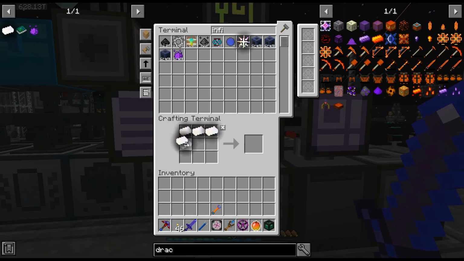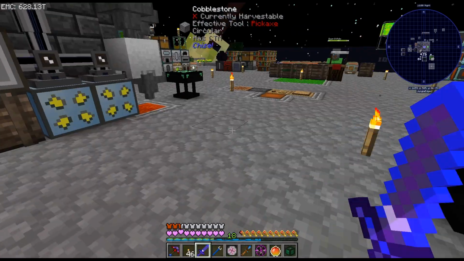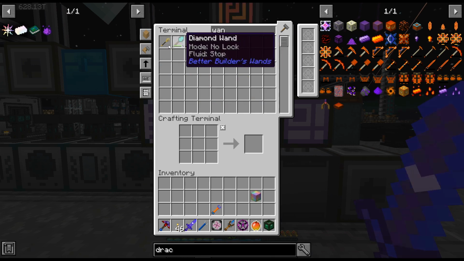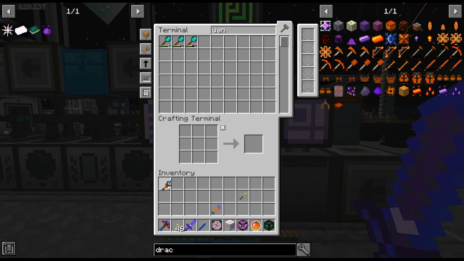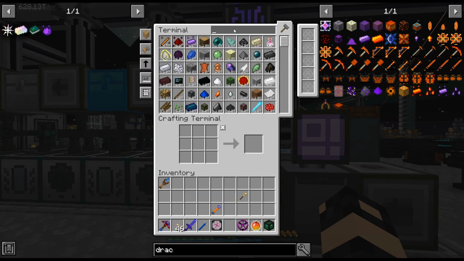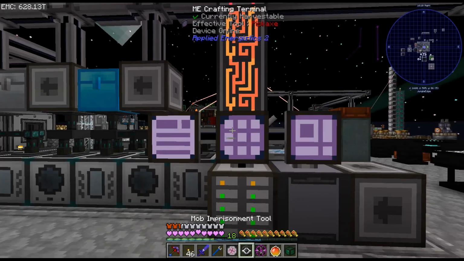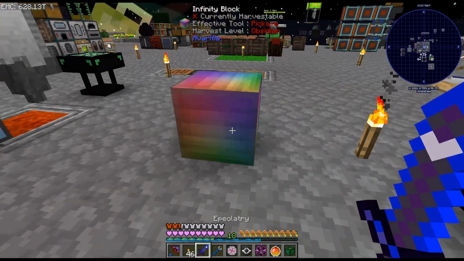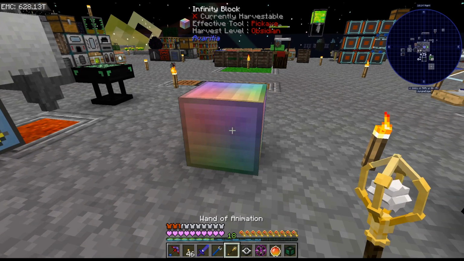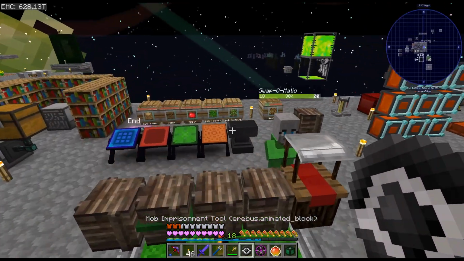I don't know if this is a block. It is. All right, cool. So there is the infinity block. And then we can just go ahead and wand of animation that. So we basically have infinity ingots. That is the reason I wanted to do that first. I could have used the 2 ingots or 4 ingots or whatever in there, but nah, I wanted to do this, animate it, and